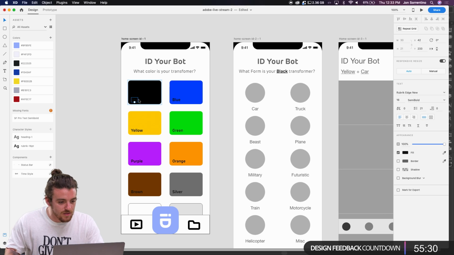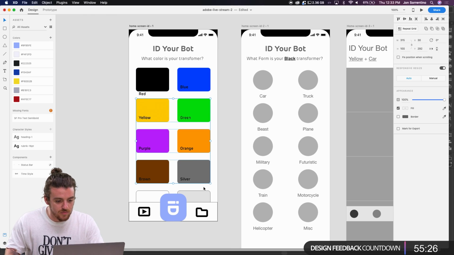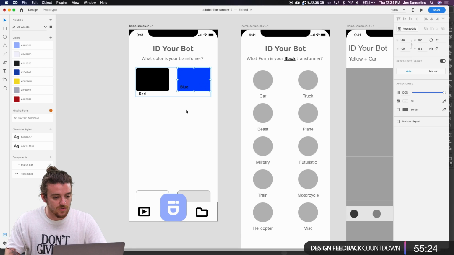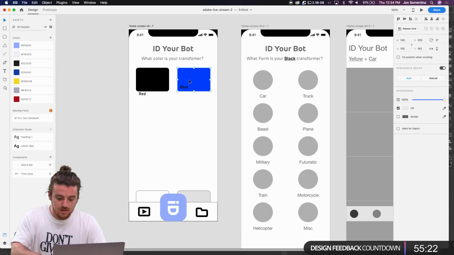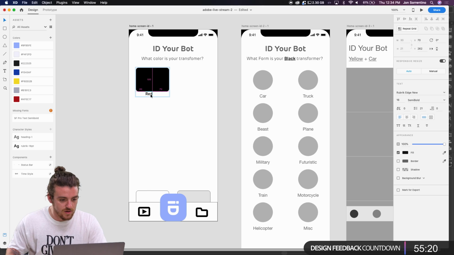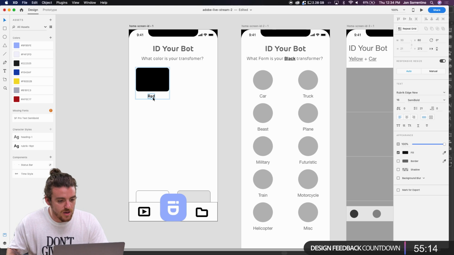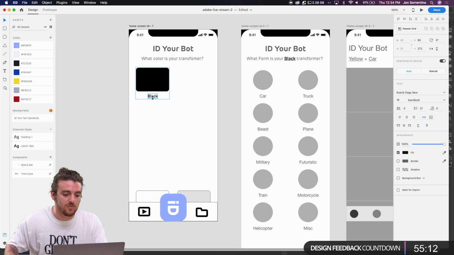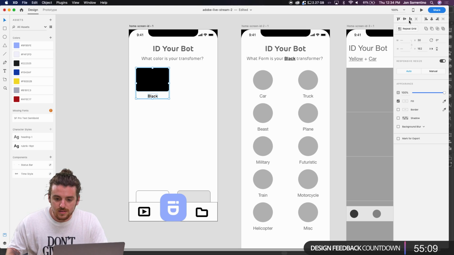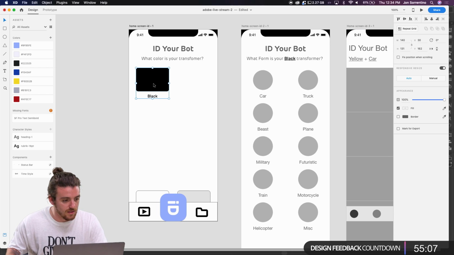Maybe the way around that is to just pull them out. I think that would be good, so I'm going to ungroup this. We're already seeing some of these assumptions break down a little bit, which is always a good thing. This is why you want to be able to see where you've come from. So save this, and that is our color.